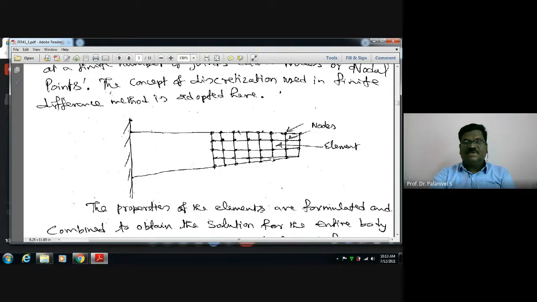Say some brick elements, just an assemblage of bricks. One brick element, another brick element, they are connected at the joints. We call them nodes or nodal points, simply nodes. I have written here nodes. The joints between the elements, edge joints, corner joints, are called nodes. This is called an element, a finite element. Here we have divided it like this.